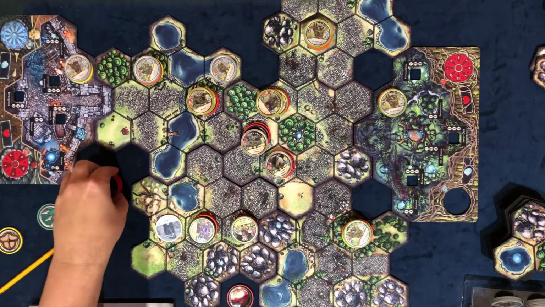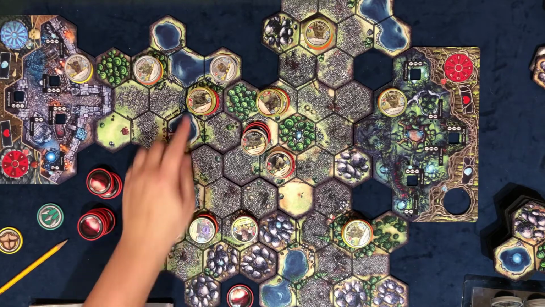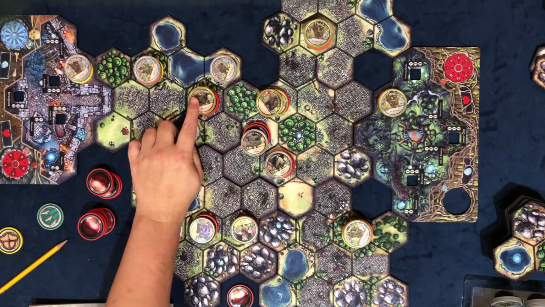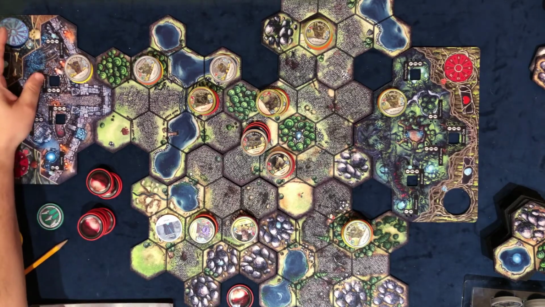So now it's our turn. I'm sitting on 7 source. I don't want to spend a lot of it, folks, but I also don't like the fact that my tower is taking damage. This guy's going to stay rooted, which means he's going to attack that tower again and kill it. I don't necessarily want that tower to die, so I'm going to spend 2 source